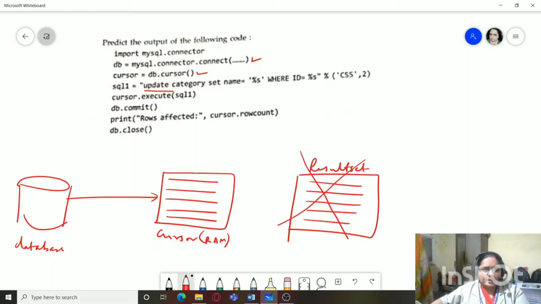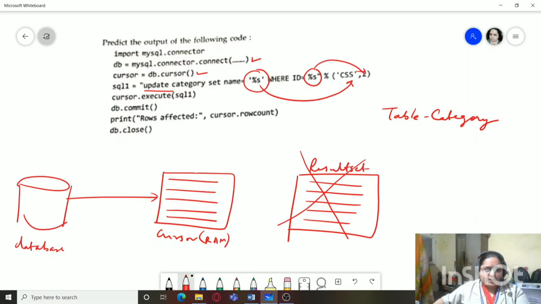So what is the query? Update category, that is name of the table is category. Set name equals whatever is provided. So first %s refers to CSS and the second %s refers to ID.